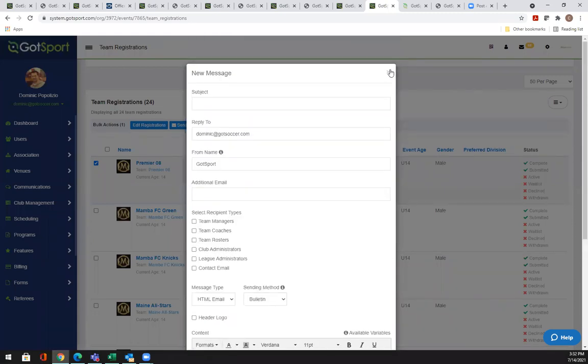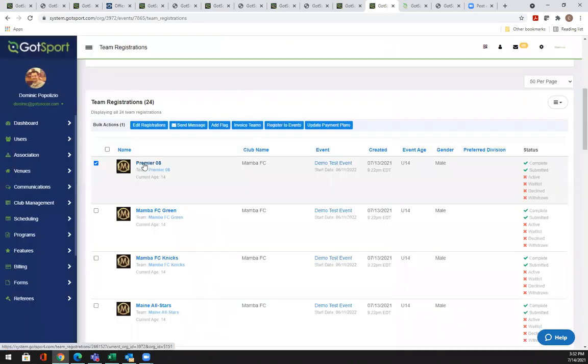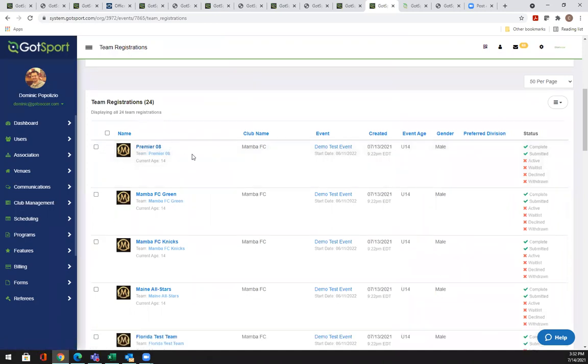So again, if this team was not completed or submitted, they would be able to click on the registration link, and next to their team name would say continue, and it would pick up exactly where they left off so they could complete the application and submit the application. So those are 2. We can go through a couple other scenarios if anything comes up with that, but I wanted to touch upon what you're looking at here